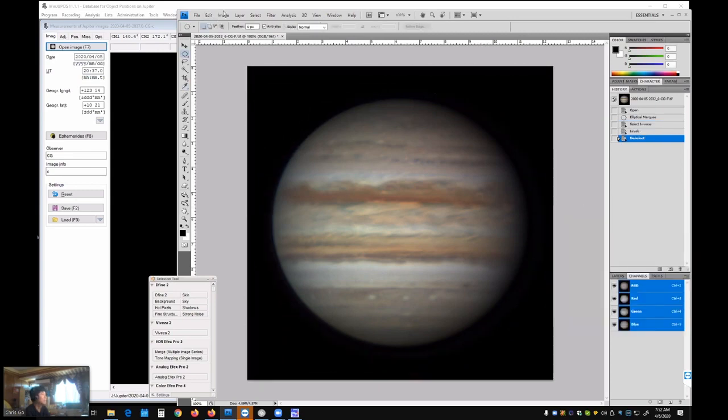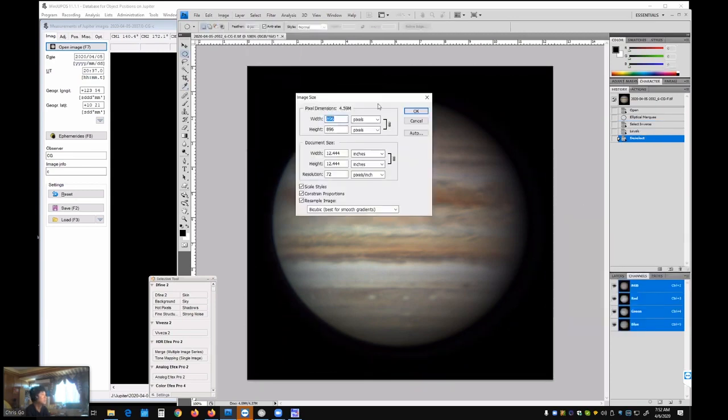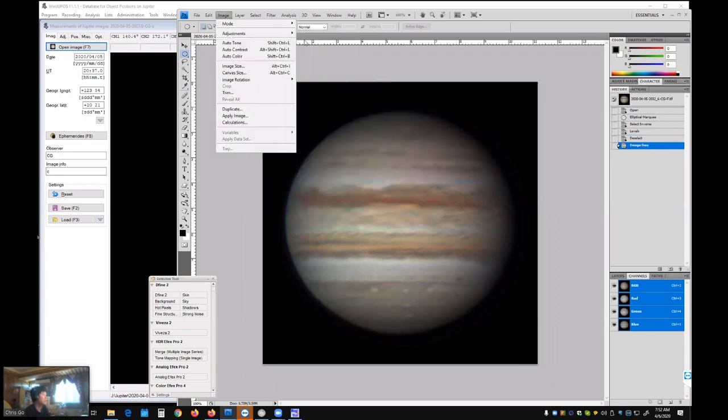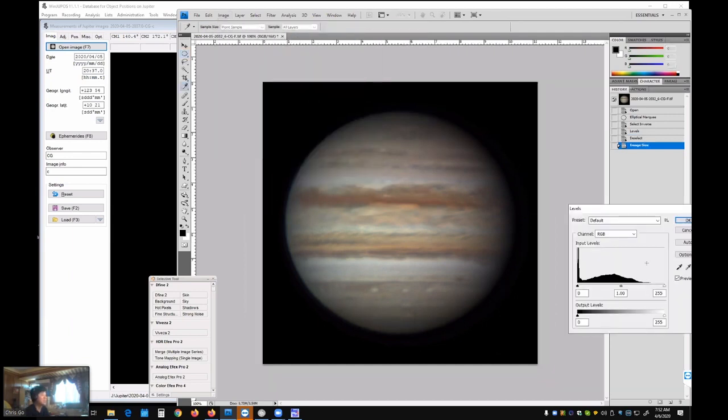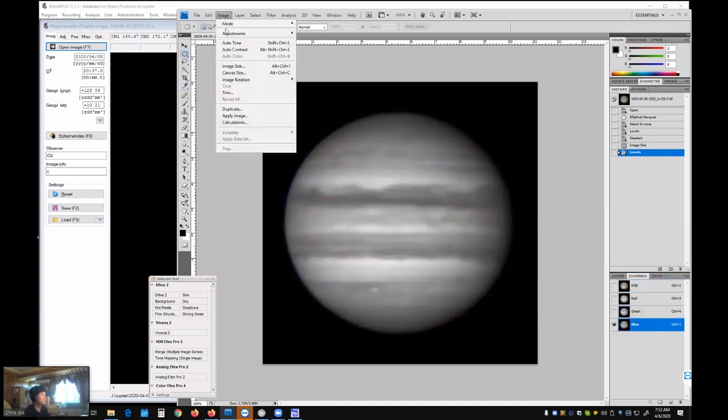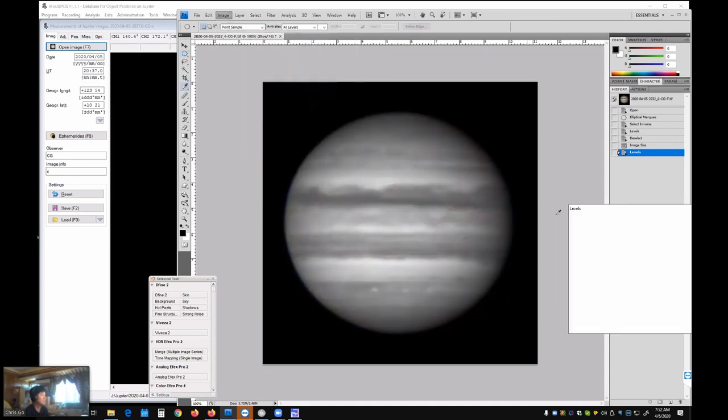Then I normally reduce the image size by 90%. Depends on seeing. If seeing is good, I would even use 100%. But if seeing is bad, I would go as low as 60%. And I think this needs a little color adjustment. Look, the blue is blurry right now, but after my magic,